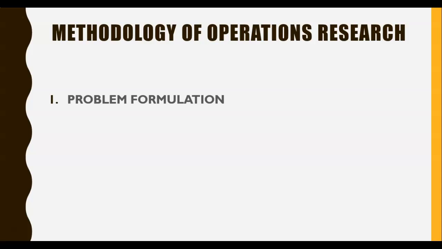There must be some optimization problem in hand which we have to solve and then implement the solution in a real situation. This problem formulation is done by the whole operation research team, which is derived from various disciplines. The first step here is analysis of the physical system: what the physical system is, and what the various factors are which are affecting the objective of the problem.